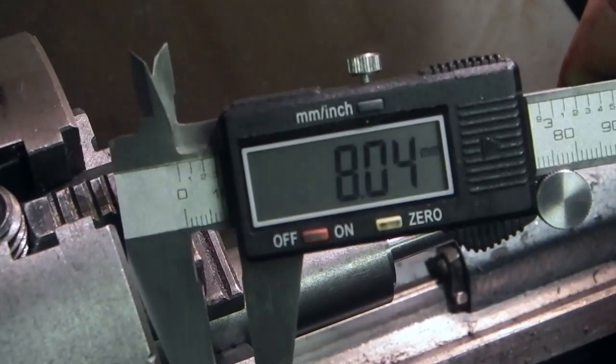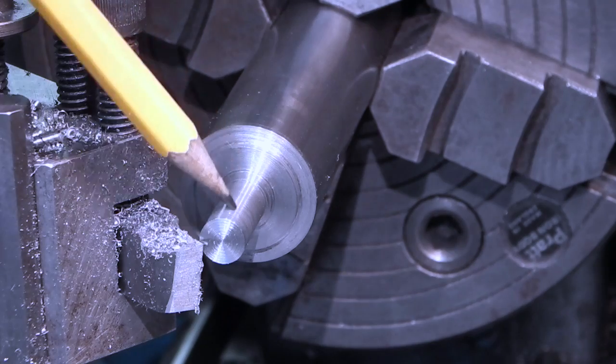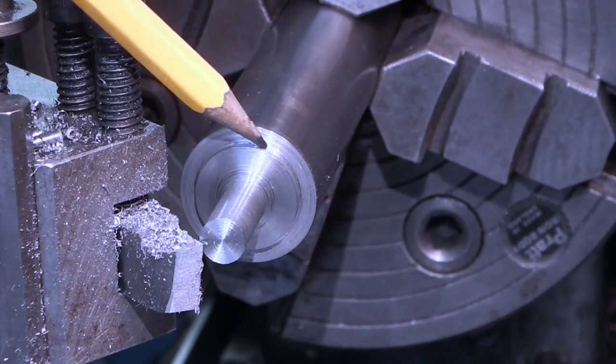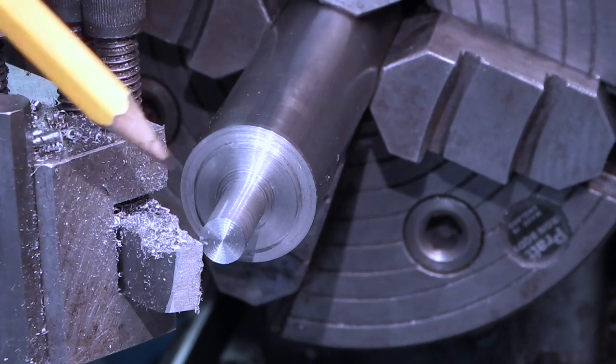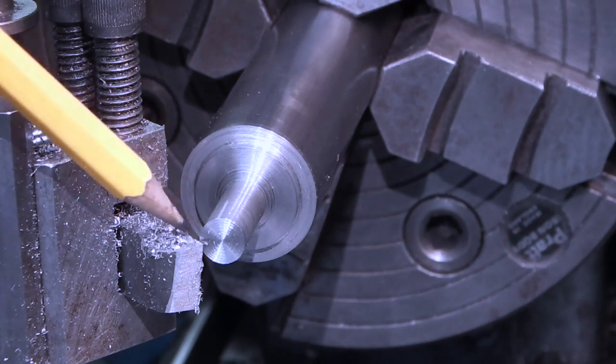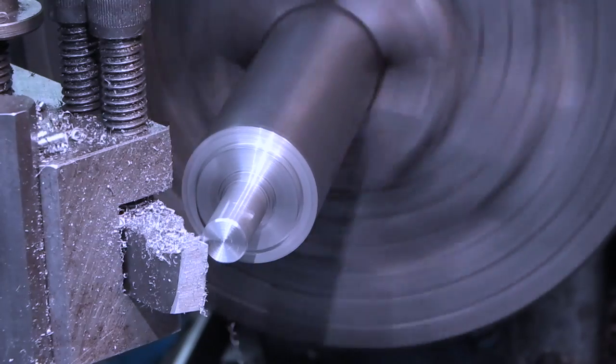Near enough, 8.04. So I've machined this to 8mm, 10mm there, 3/4 of an inch there, and I've just taken out the radiuses in the corner, and I'm just going to put a chamfer on the end to give me a leading edge